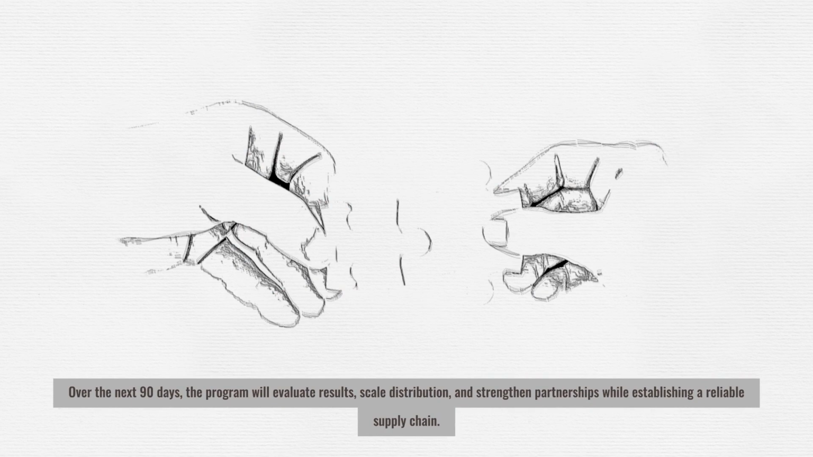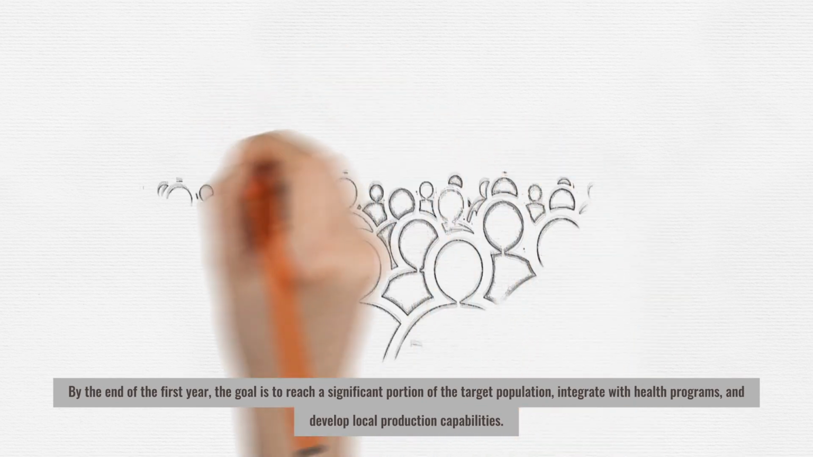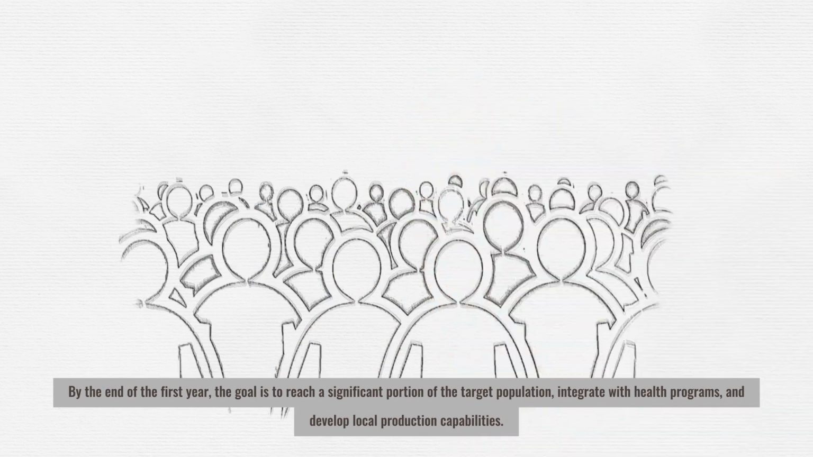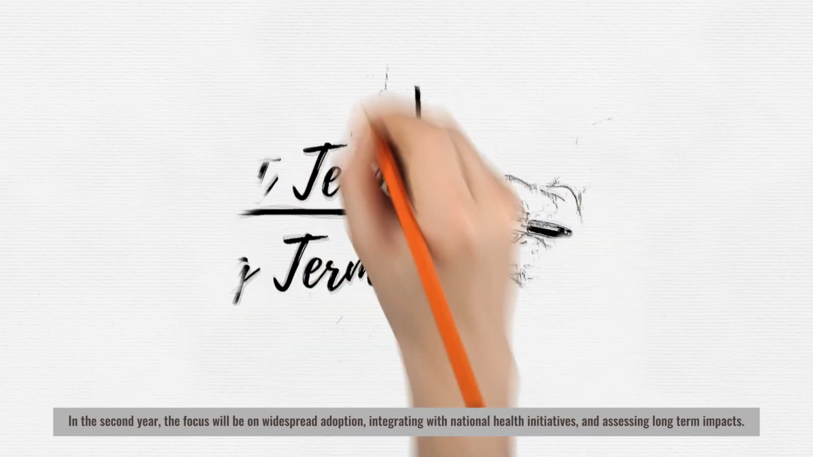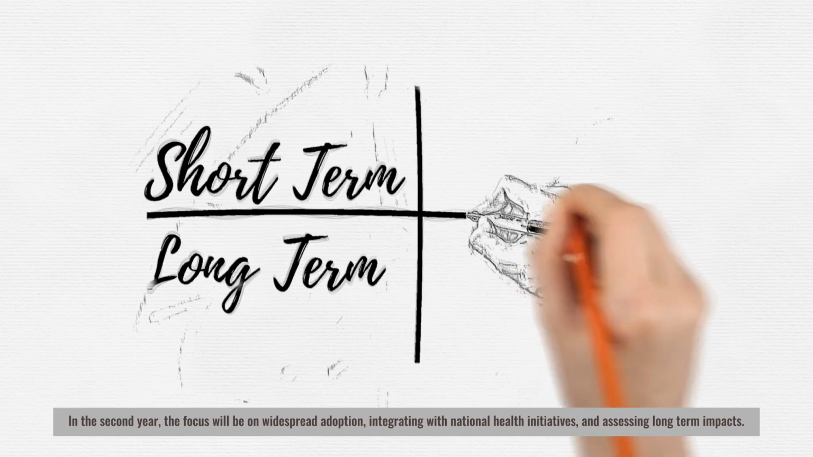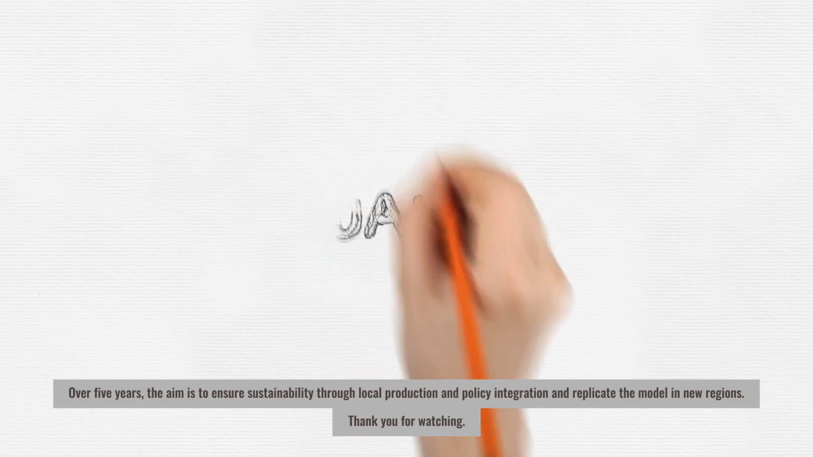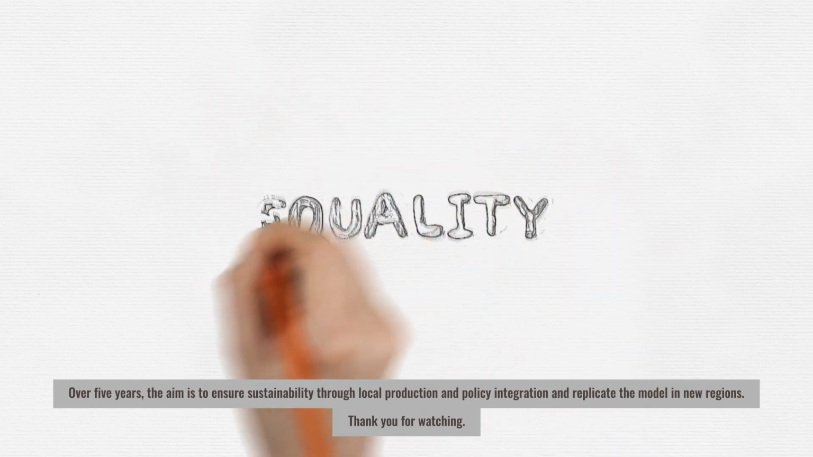supply chain. By the end of the first year, the goal is to reach a significant portion of the target population, integrate with health programs, and develop local production capabilities. In the second year, the focus will be on widespread adoption, integrating with national health initiatives, and assessing long-term impacts. Over 5 years, the aim is to ensure sustainability through local production and policy integration and replicate the model in